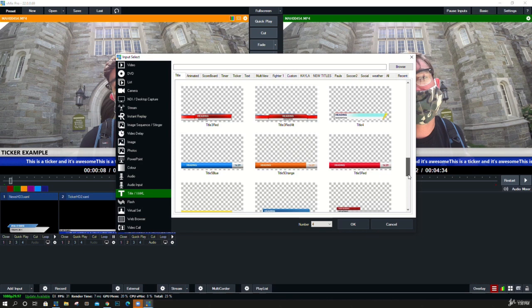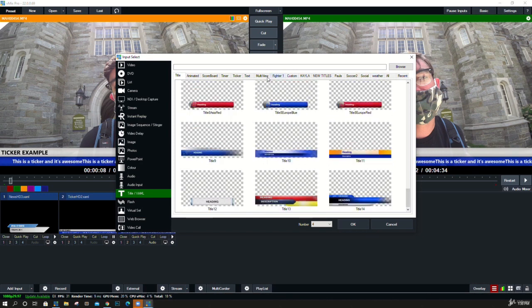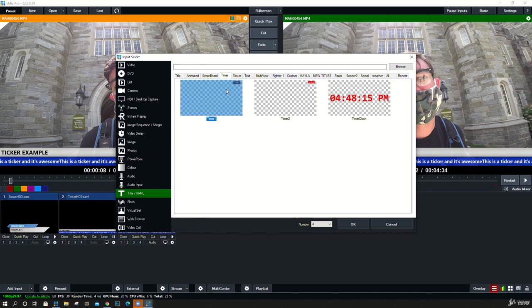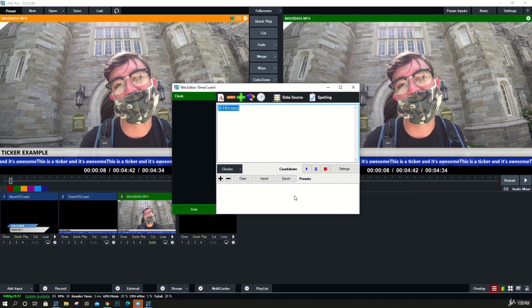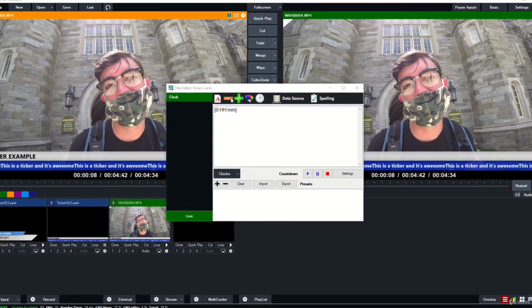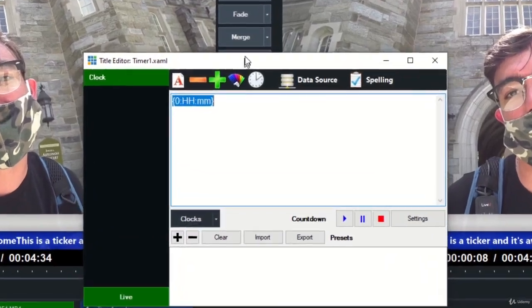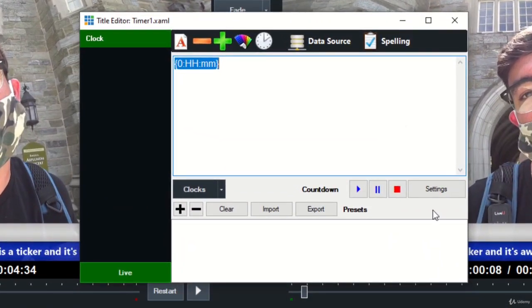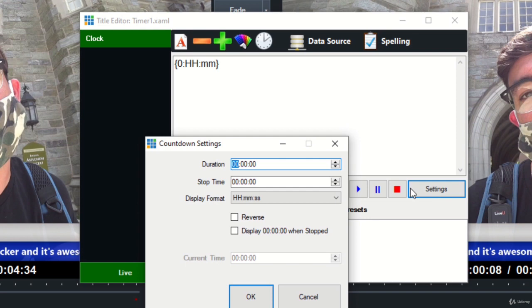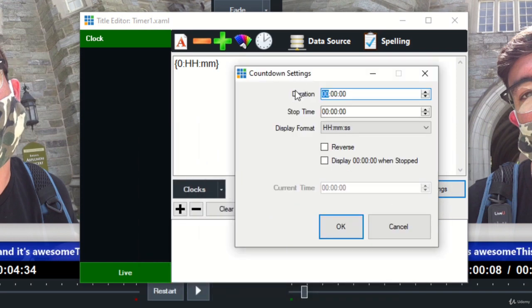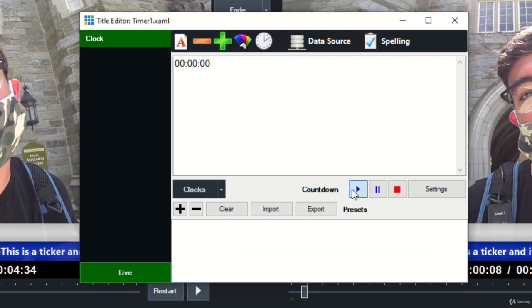I'd like to show a countdown title. So let's do a timer here. Countdowns are pretty popular, especially for live streams. So when we want to do a countdown, we essentially need to count down to the start of our live stream, let's say. Well, we can click the settings button and we can give it a duration. So let's say it's 1 minute until our live stream is going to start. We click 1 minute, we click play,